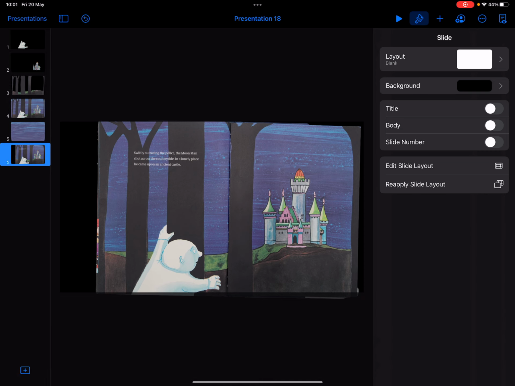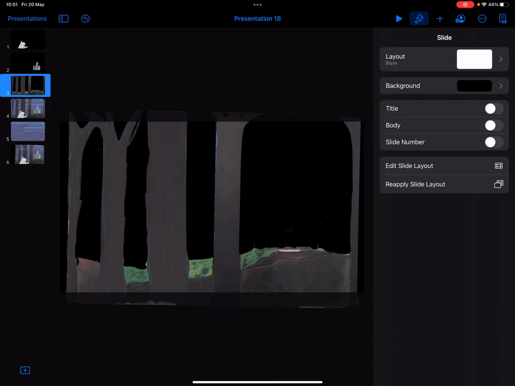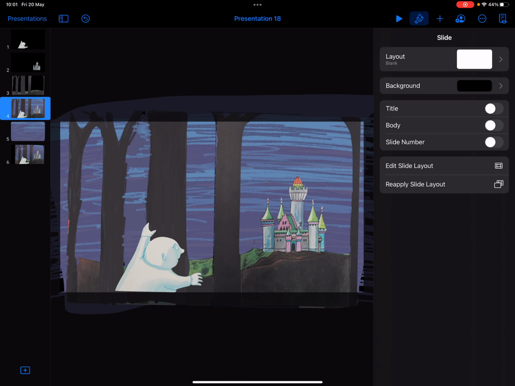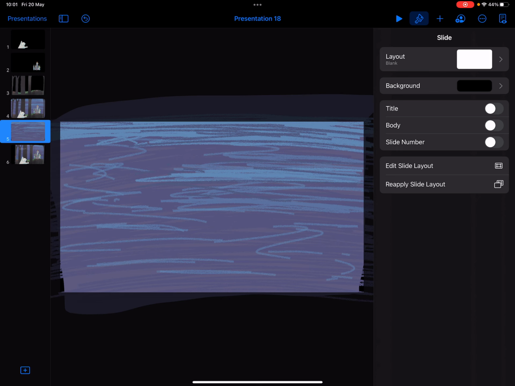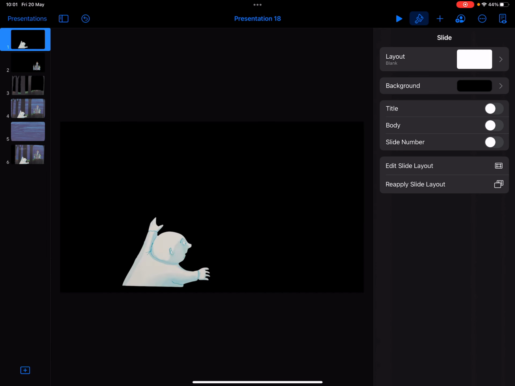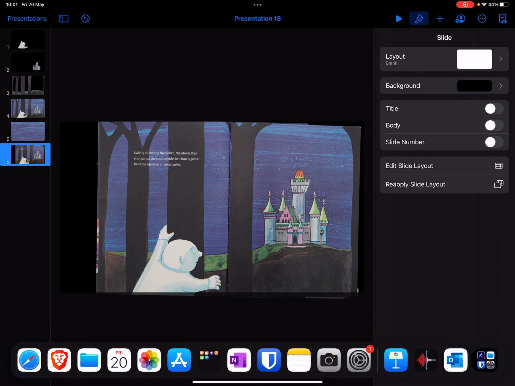So it does take a while because we learned how to go and cut things out with instant alpha and mask them and then make them move. So you may have to do some custom pieces like this on your page. So I hope this gives you some inspiration as to how you might want to make it work and how you want to bring your animation alive. Remembering at the end, you want to go and use voice memos